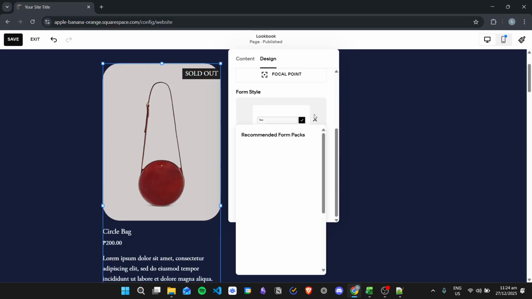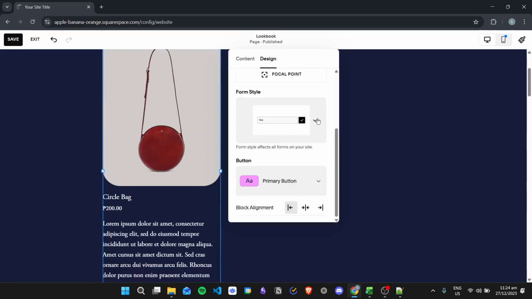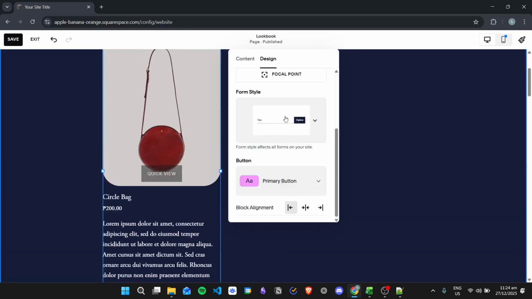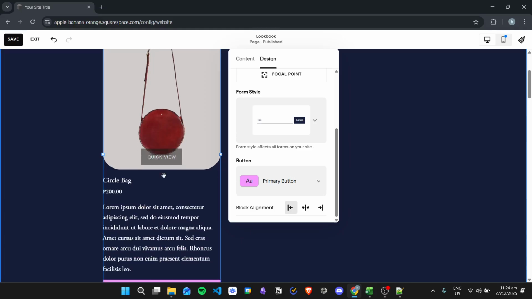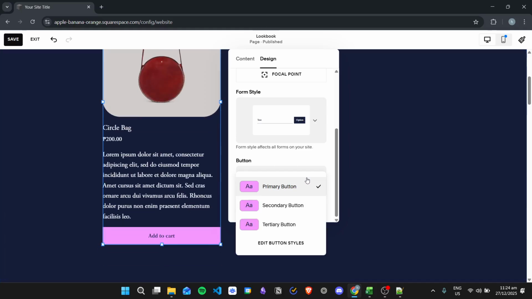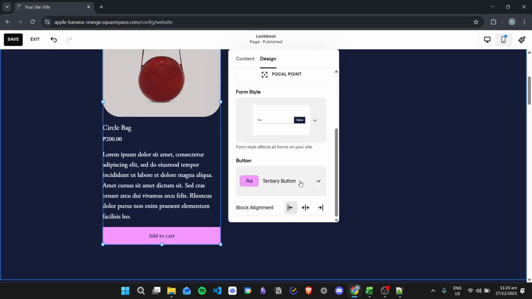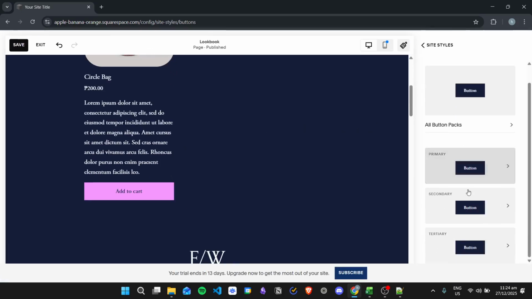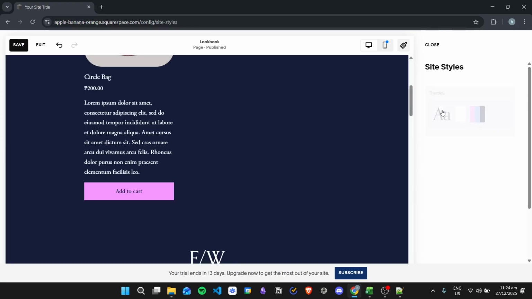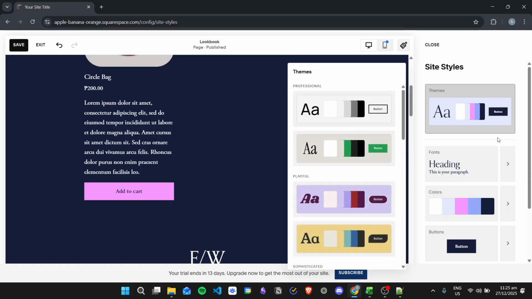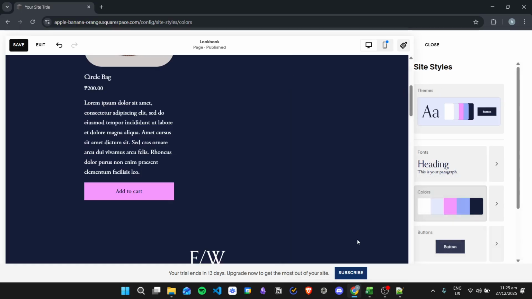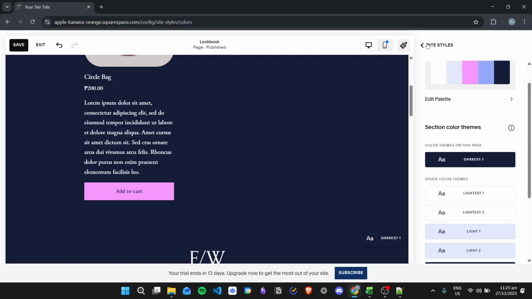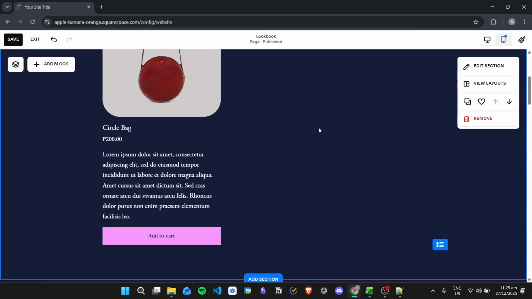And then for the forms right here, if you have a form, you can also choose some form packs right here for your product block. And then for the button, I'm using the primary color for the button. You can choose a secondary button and tertiary button. Then you can click edit button styles so that you can change the look of the buttons. And then you can go right here to themes or right here to colors so that you can customize the look of the colors right here for your buttons. And then let's go back